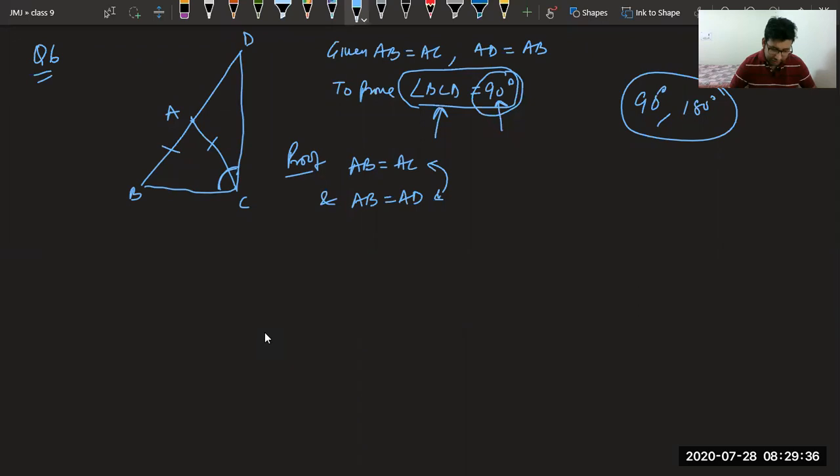If two things are equal to the same thing, then they are also equal to each other. So we can say therefore AC is equal to AD. We have got this thing. So I have made this line also. So these three are equal. Now,